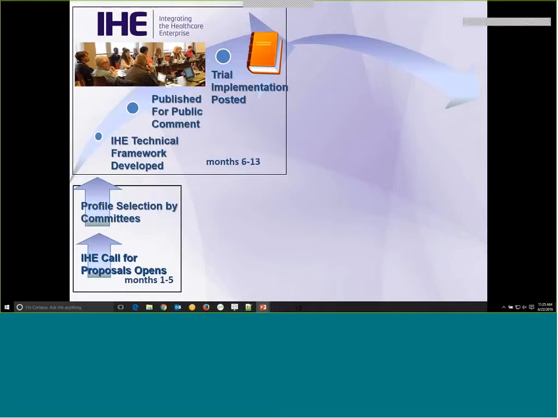And so I'm going to talk a little about the IHE development cycle. If we start at the bottom left here, first proposals are called for. After some voting, a list of work items is developed for the year based on several criteria, but we end up with a list of work items that we think we can actually complete in the year. Work items go through several months of development.